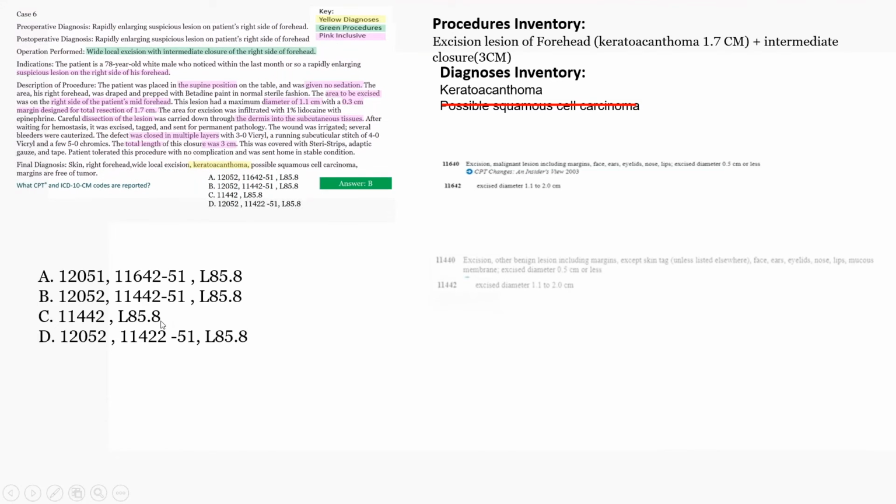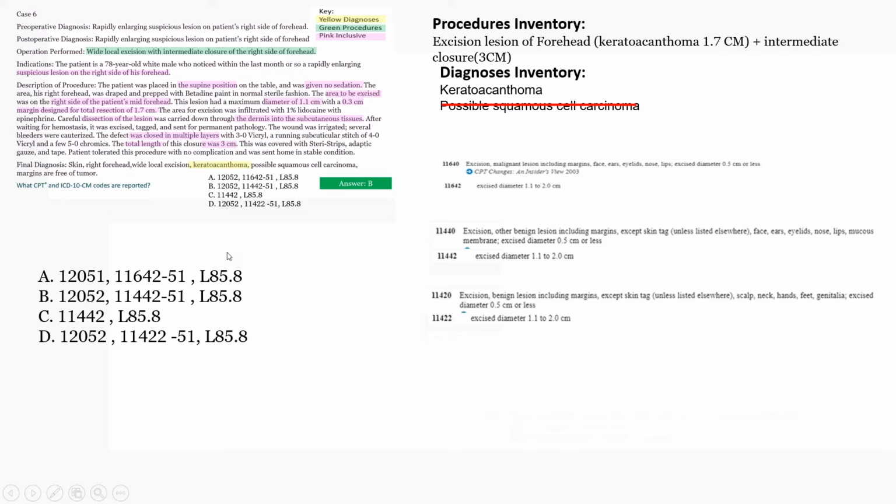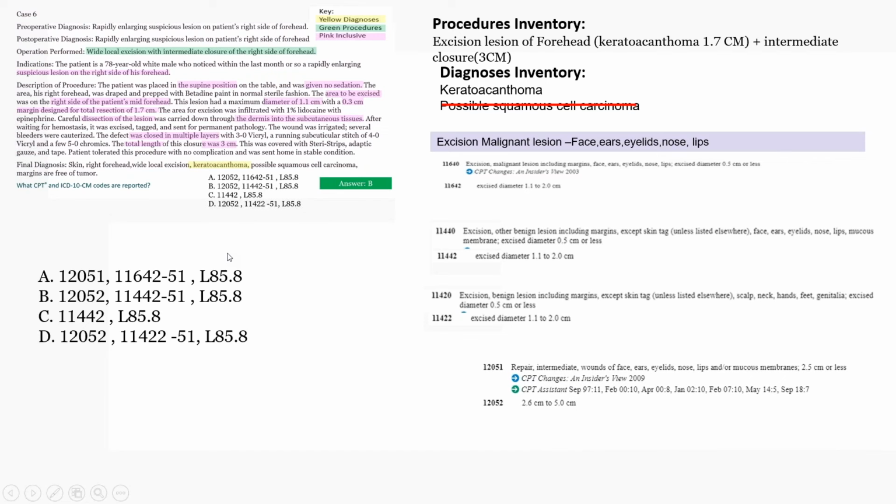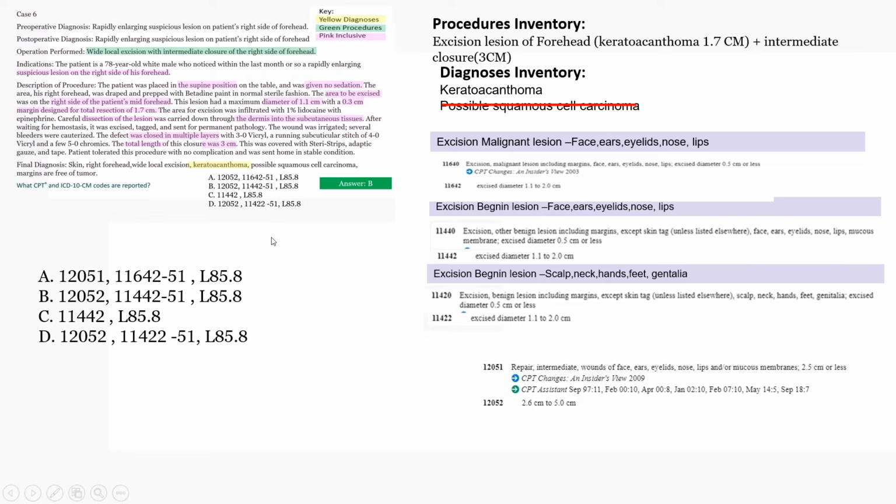Okay, and these are our code options. I've done some churning to this as well, which will help us. Churning is going to really help us in solving such case scenarios. It saves a lot of time. So we have the code series